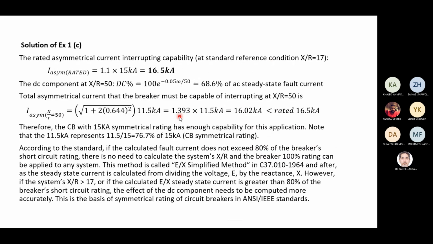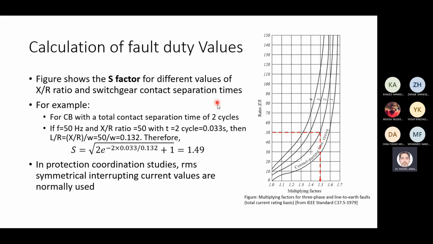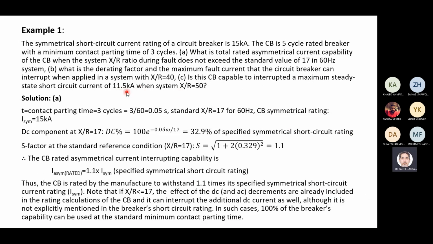بارت سي، اللاست بارت هنا، احنا لو الحين اعطاني شورت سيركت كرنت، قال لي شورت سيركت كرنت اللي بيصير سيمتريكال شورت سيركت كرنت هو 11.5 كيلو امبير. هل البريكر هاي اللي هي ريتد 15 عند ستاندرد ريفرنس فاليو 17 هل قادر يفصل كرنت فوق شورت سيركت كرنت 11.5 كيلو امبير with XR ratio 50؟ ما شباب؟